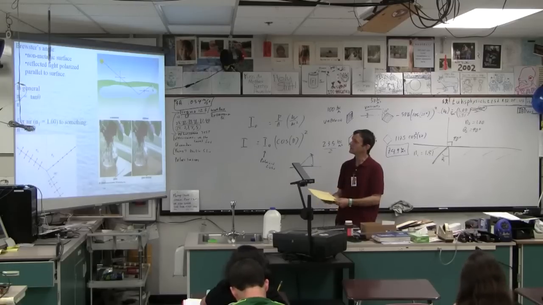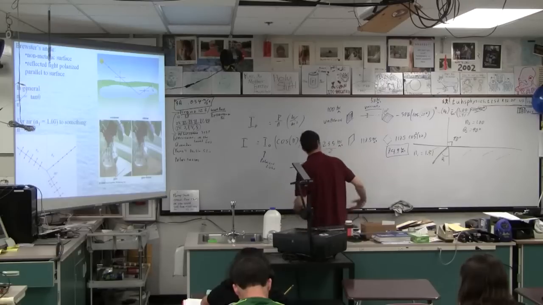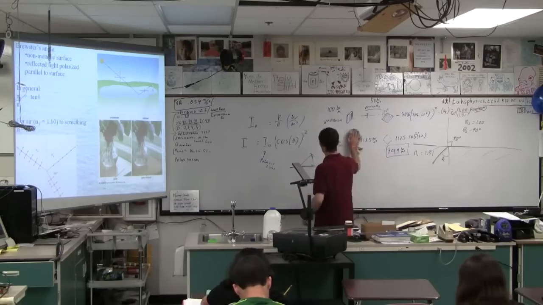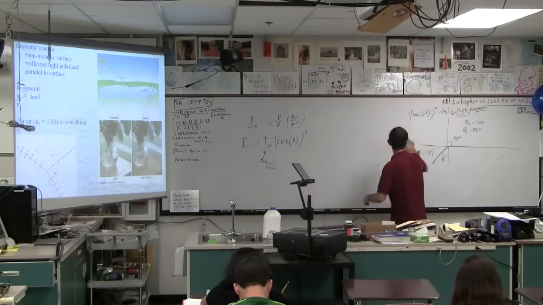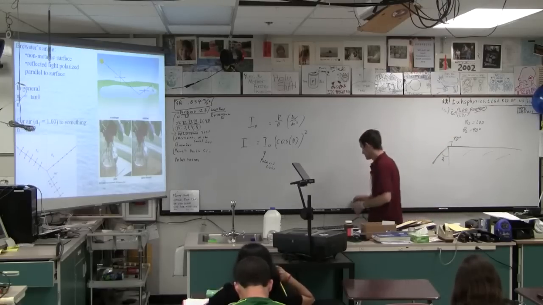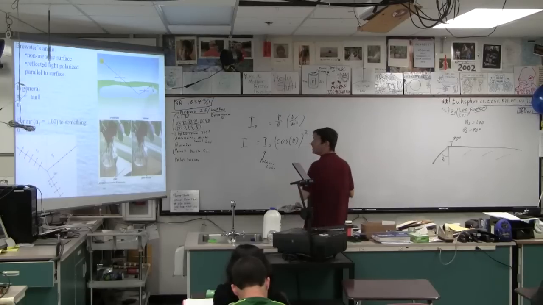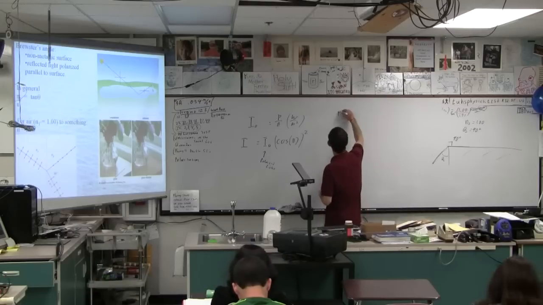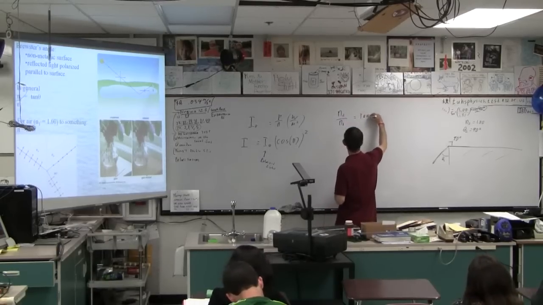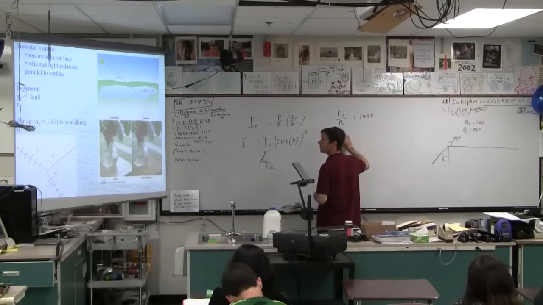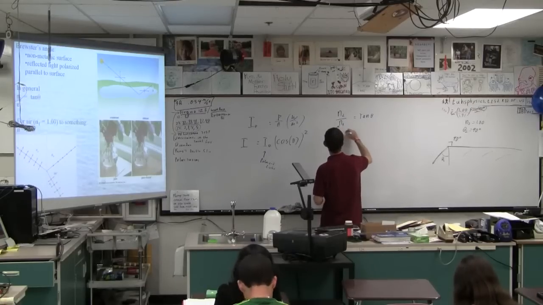Okay, so if it's for air to something, they've got this formula in the data packet. There is an angle at which the light is entirely polarized, and that's Brewster's angle. They want us to be able to do that, so let's write that one up there. In general, Brewster's angle is N2 over N1. But if you're going from air, if this is air, it's coming from